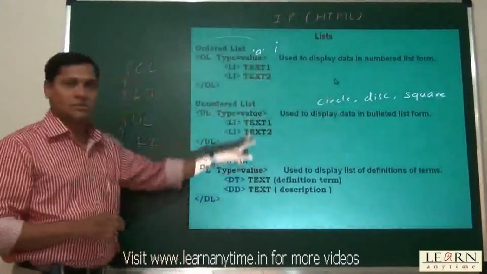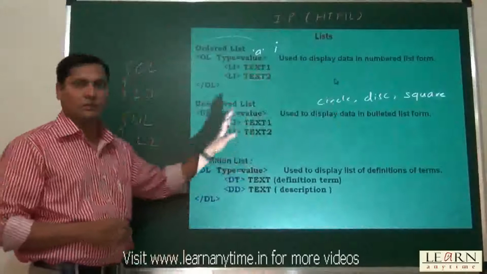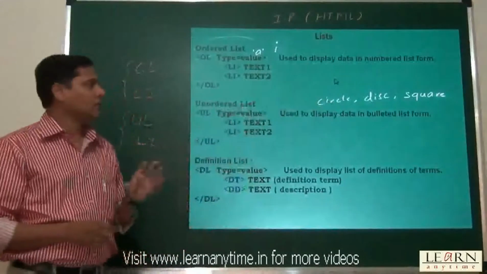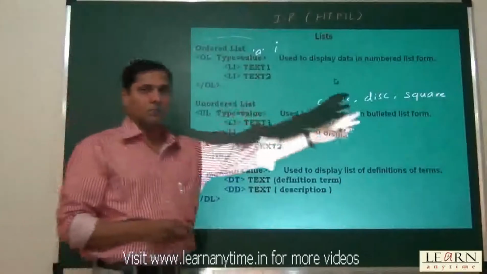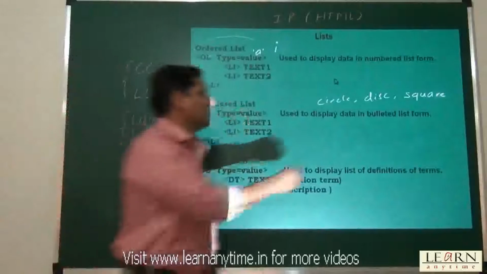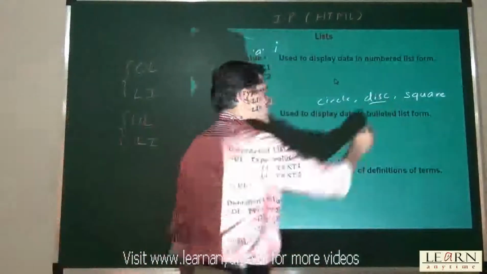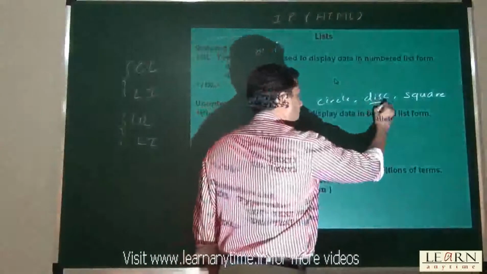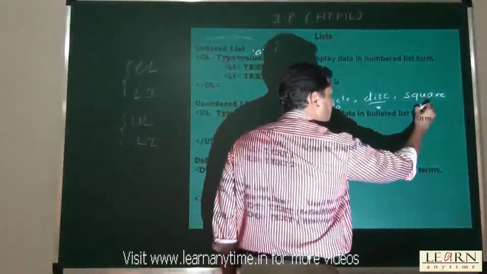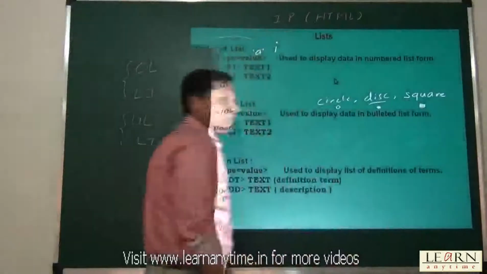Only in this case is Internet Explorer case sensitive. Otherwise, it is not case sensitive for any other value, any other attribute, any other tag. But for this value in case of UL, IE is case sensitive. It doesn't work properly if you don't write this in lowercase letters. By default the value is disk, that is a filled circle. The disk will look like a filled bullet. The circle will look like a circle, and a square will look like a filled black square.